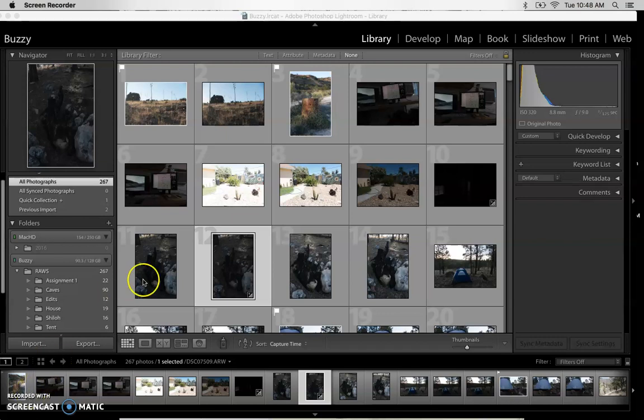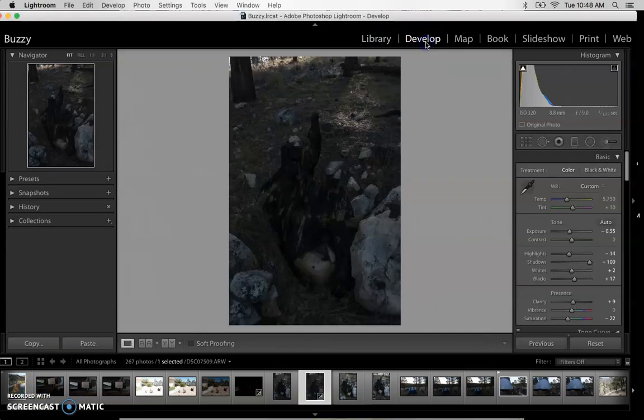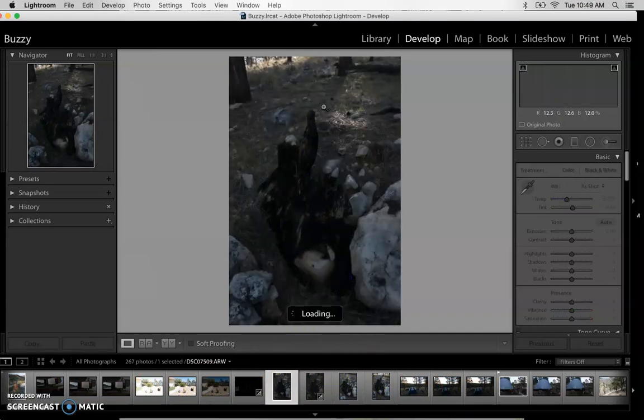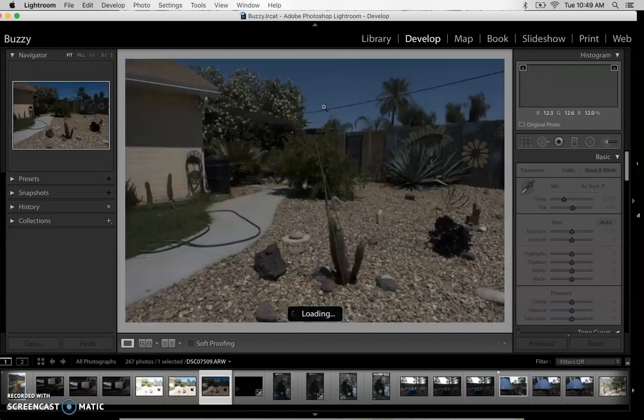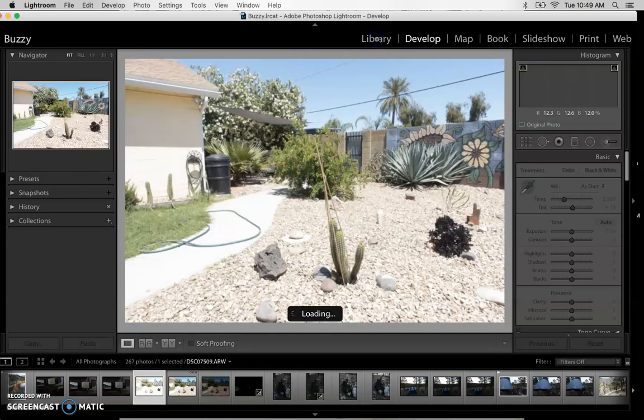So let's jump into the develop module. I'm going to leave the library module and click over to the develop module. Notice that I have the navigator over here still, and I have my film strip down here. It opened with whatever photo I had selected in library. I can still navigate around to all of my photos. I can also just go out to the library tab,